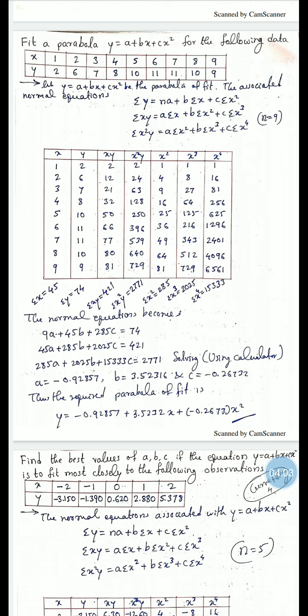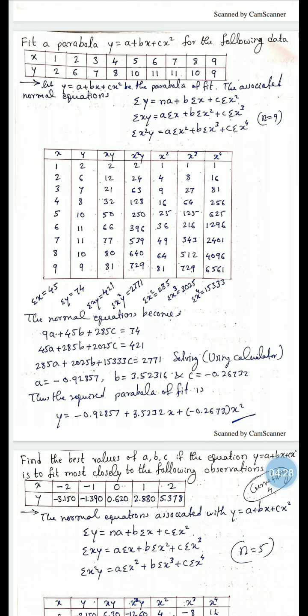So the x column contains 1 2 3 4 5 6 7 8 9, and the y column contains 2 6 7 8 10 11 11 10 9. So we prepare the table according to the normal equation. For xy, multiply x and y, and we get the xy column: 2 12 21 32 50